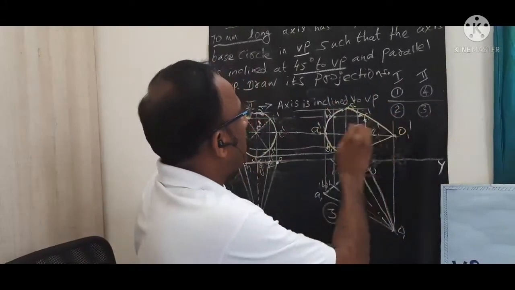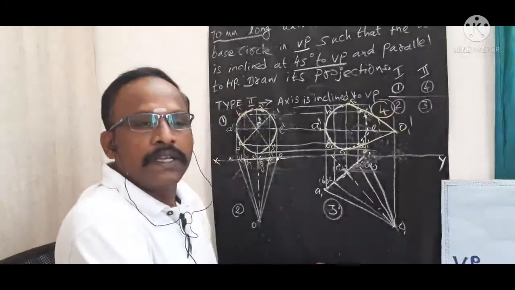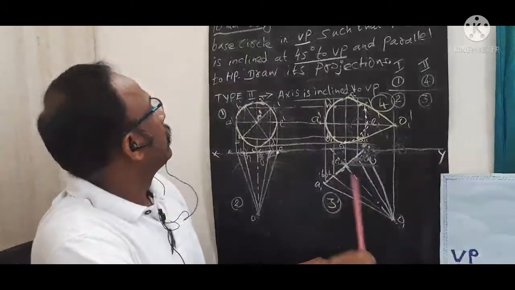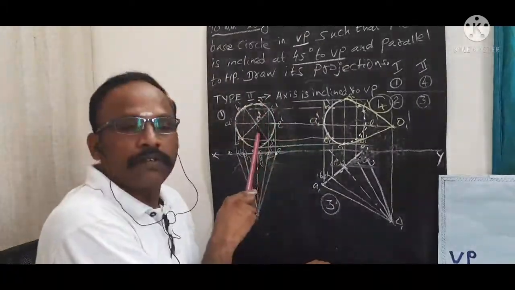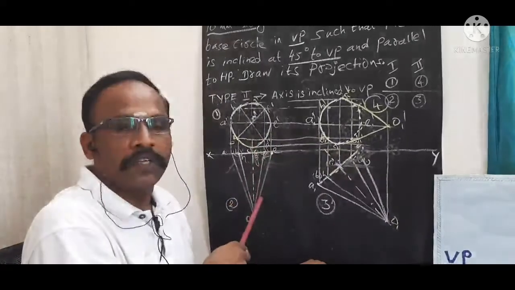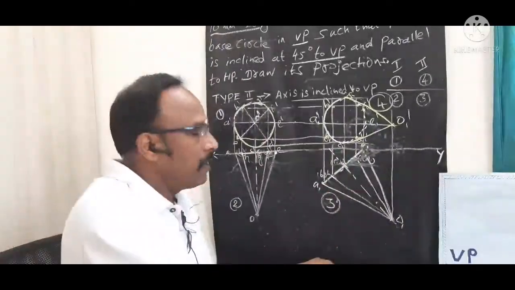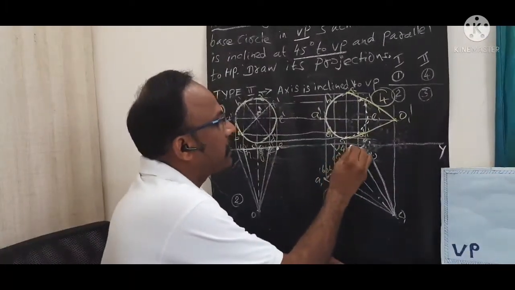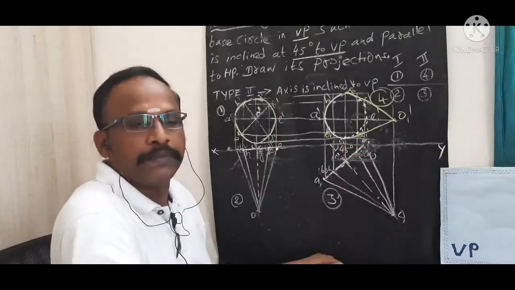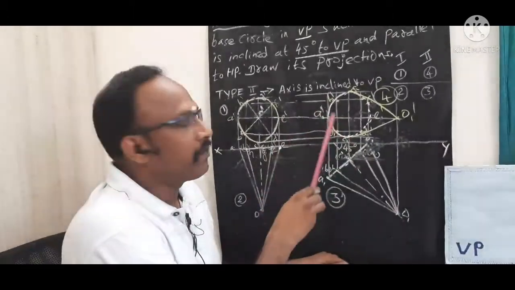Now we have completed step number 4. This is the final step in this particular problem. This is a type 2 problem. First start with the front view, then the corresponding top view. Then we tilt this top view so that the axis is 45 degrees to H. Then you start to draw the vertical and horizontal lines. Finally we get the final front view.